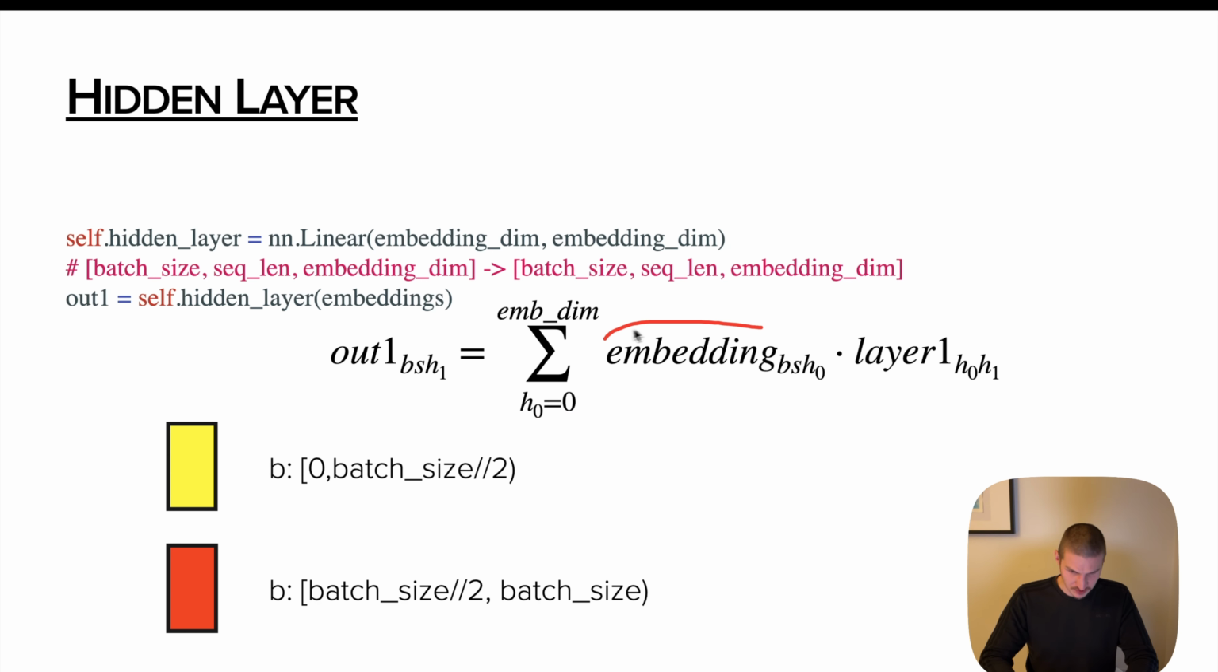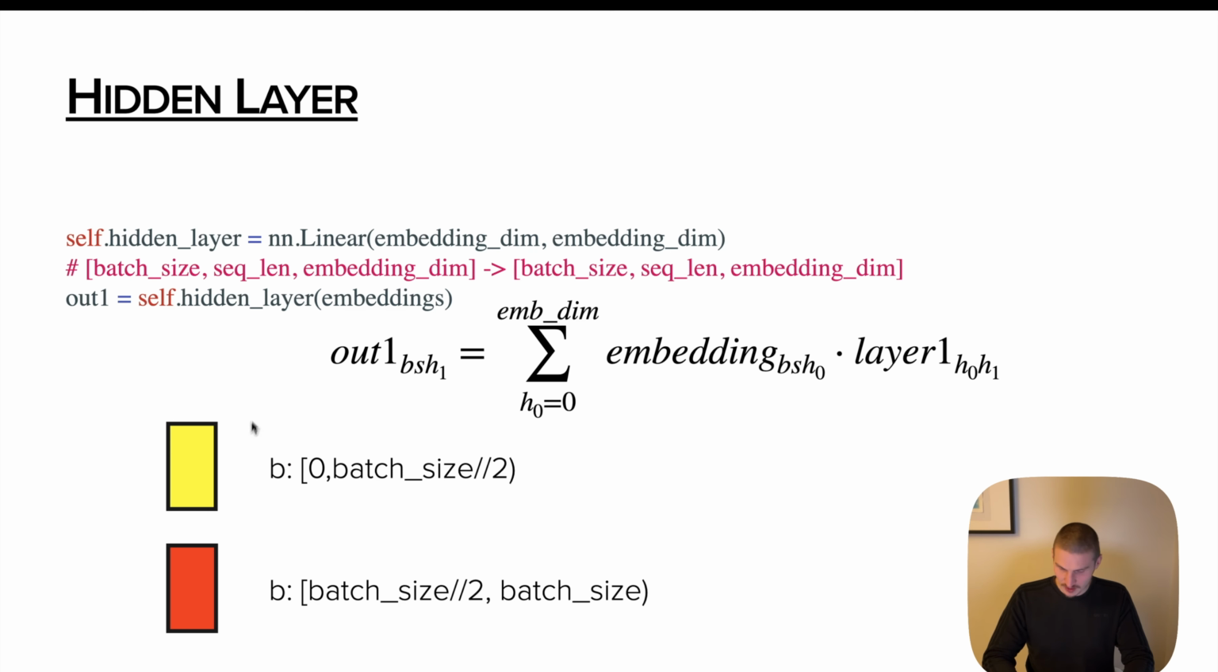So we have input to the hidden layer, which is the output of embedding lookup, and it has 3 dimensions: batch size, sequence length, and this hidden H0. Then we multiply it by the parameter matrix of our hidden layer, which has 2 indices H0 and H1. And we sum up over all the values of H0, and we get the output. So when we distribute the data into 2 executors, what effectively happens is every tensor that had batch size gets